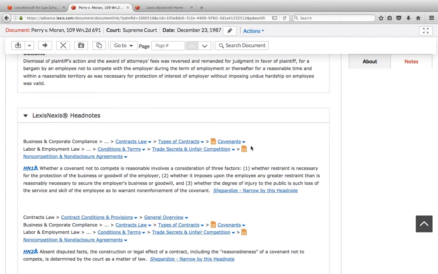So just briefly about these orange pieces of paper here. One of the things that's interesting is as you're working through this problem, you'll realize at some point, "I know nothing about covenant not to compete." And even if you do know a little bit, you still need some more information to help you make the best argument possible. These orange squares are an indication that we have a topic summary report available on this issue. So if I click on that,